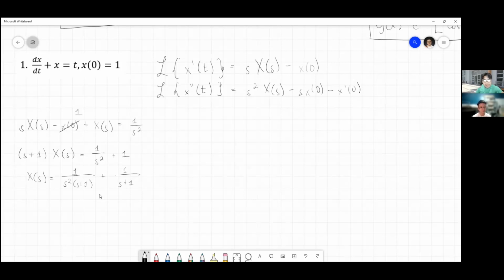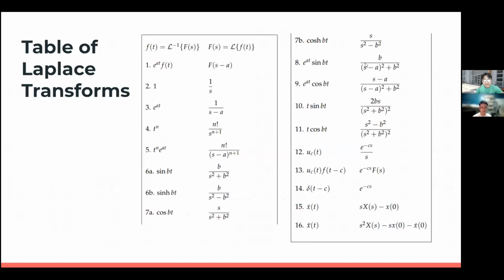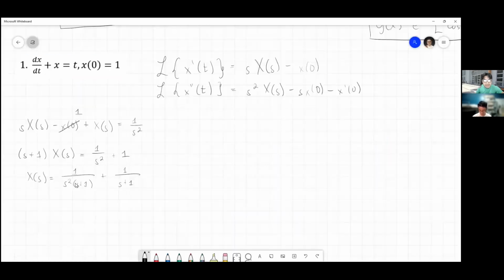Okay? So, ito yun. Kailangan lang gawin natin dito is i-break down siya into simpler functions kasi yung table of Laplace transforms natin kumbaga may mga limited na forms lang siya. So specifically ito yung kailangan natin i-break down kasi wala tayong specifically na ganitong form. Meron lang tayo dito itong s plus 1, meron tayong para sa s squared, pero wala tayo pag ganyan. So, break down natin to